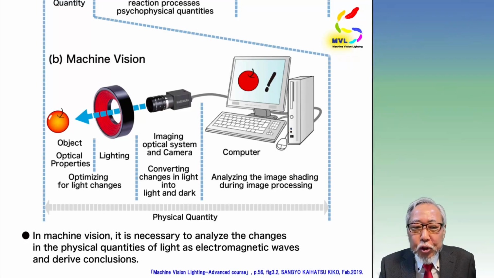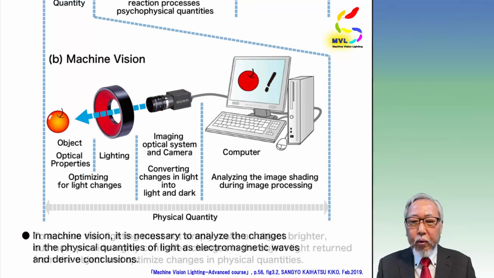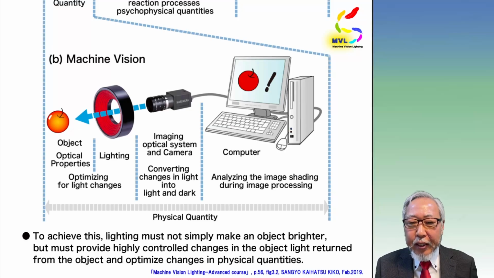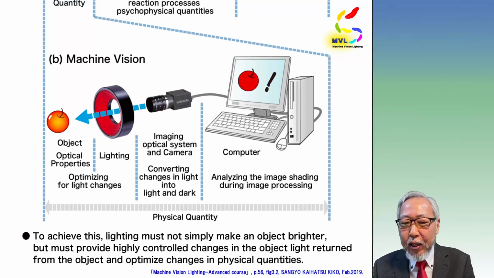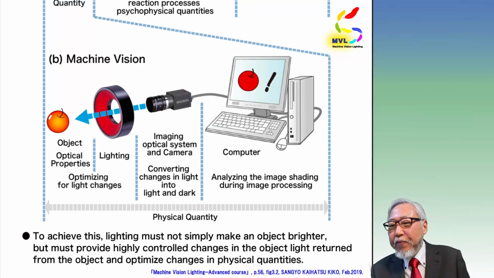But in machine vision, it is necessary to analyze the changes in the physical quantities of light as electromagnetic waves and derive conclusions. To achieve this, lighting must not simply make an object brighter, but must provide a highly controlled change in the object light retained from the object and optimize changes in physical quantities. Since the vision of a machine or robot can only deal with this physical quantity,